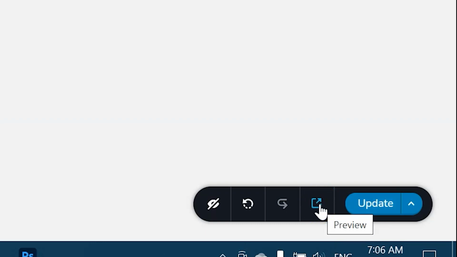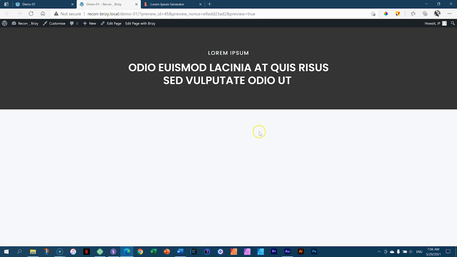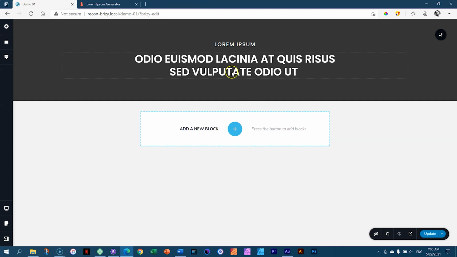Please give us a shortcut key for preview. That would be very, very smooth and awesome. And as I click on preview, it opens a new tab in my browser and it loads, and we can see how our hero section looks at this moment. We're doing very well. Right, so let's close this, go back into the builder, and we bring in the button